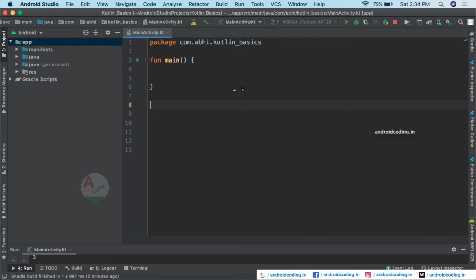In our previous tutorials, we have seen beginner topics related to Kotlin programming. If you have missed them, I am providing the link in the description section below, so you may go through them to have a good understanding of this particular tutorial. And if you already have good knowledge of function implementation, you can skip them and continue with this tutorial. So now we start by creating a function.